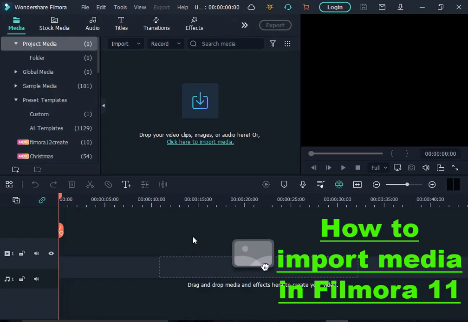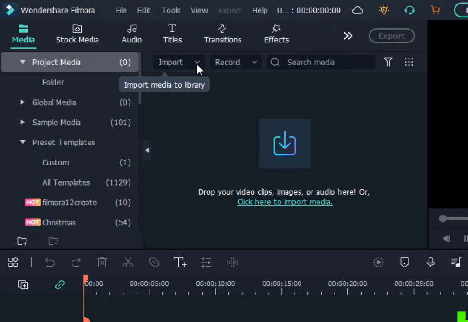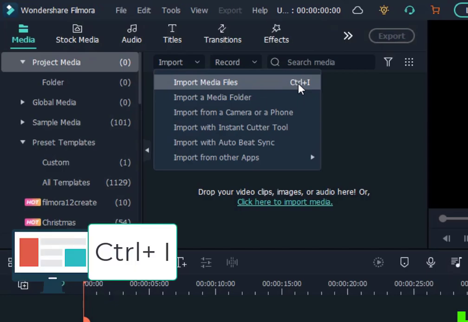So open your Filmora and then you see the media file. First you see the import button, and from here you click on this drop down list. So you see all the options. Import media file, so you can press Ctrl+I, then you import your media file. So I click on Ctrl+I,